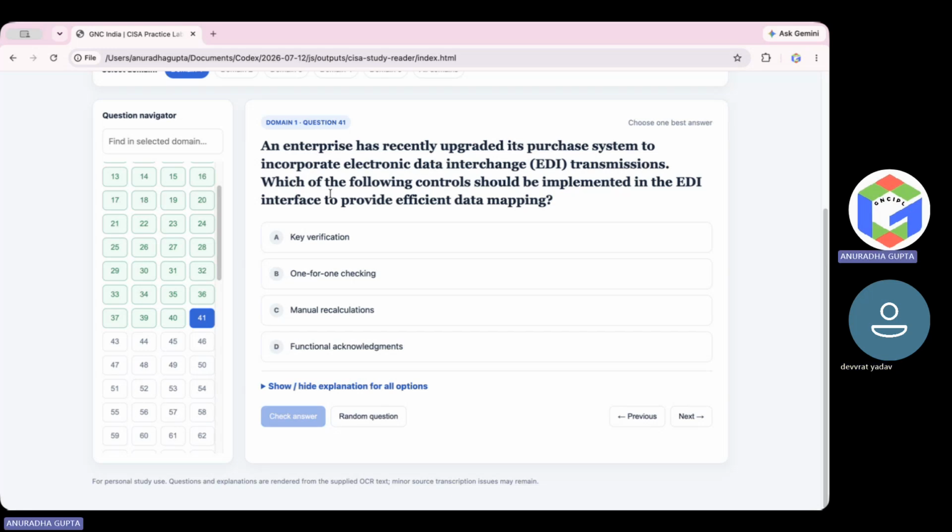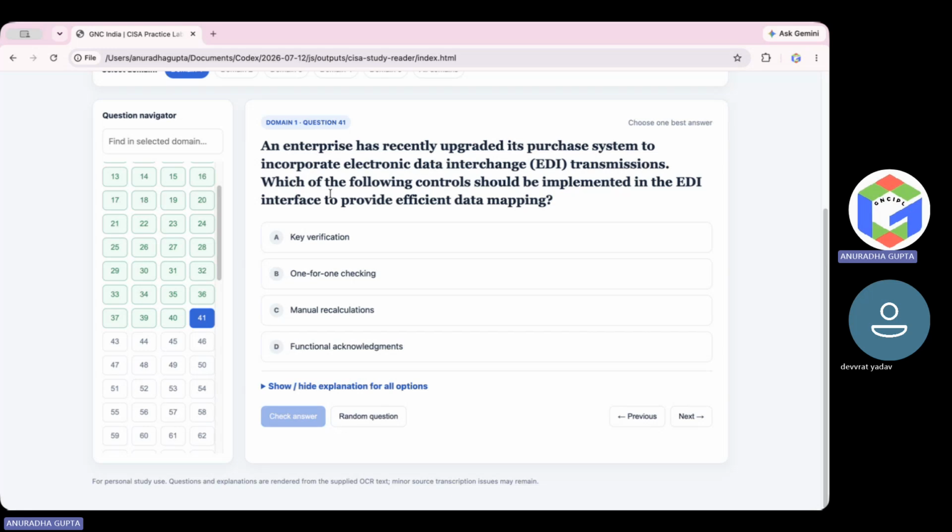So in real life also, if you are sending money to someone, you will get a receipt. Receipt is what? It is an acknowledgement, right? Yes, yes. Okay, now I get it. So if we talk about option A, key verification